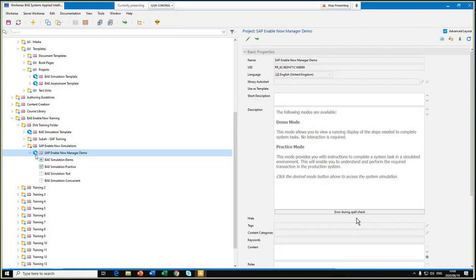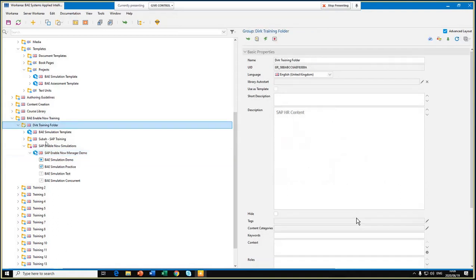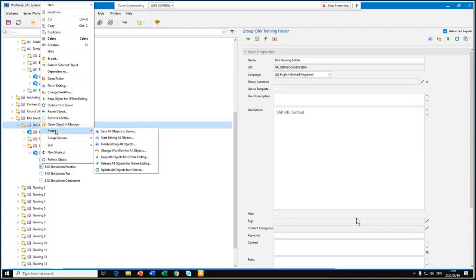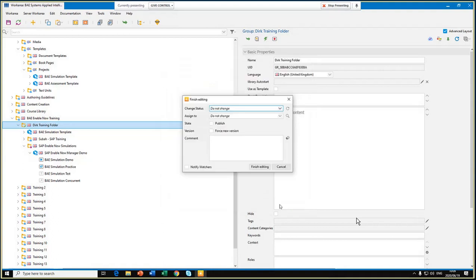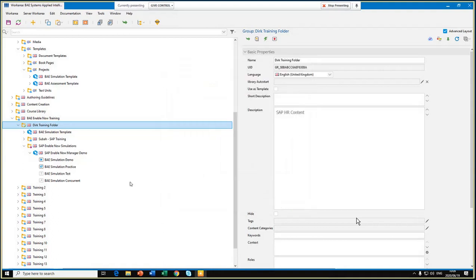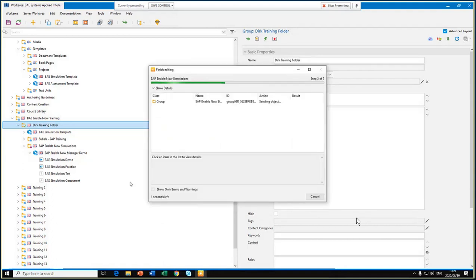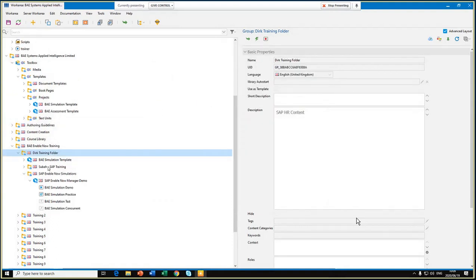Okay, so let's say I'm completely done with my group that I've created this morning or worked in. There's no need to go and check in each object individually. I can right click on a group, go to the more functionality option and say finish editing all objects, which will then check in all the objects that we are currently working on. So you'll see all of the objects have now been checked in